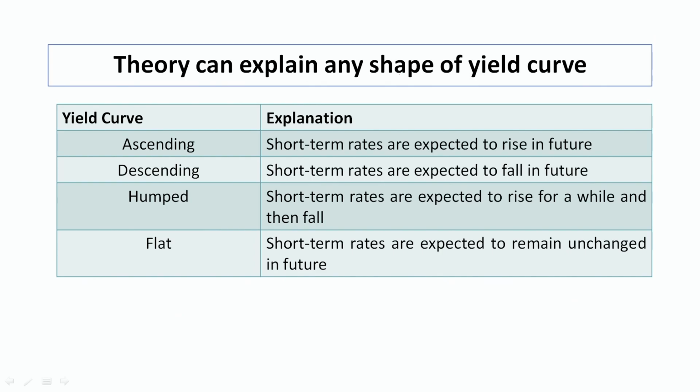So, this theory explains any shape of the yield curve, whether it is ascending, descending, humped or flat. Ascending means increasing, descending means decreasing. In ascending, short term rates are expected to rise in future. In case of descending, the short term rates are expected to fall in future. In humped shape, short term rates are expected to rise for a while and then fall, as I already mentioned, and in flat, short term rates are expected to remain unchanged in future. So, these are the categories on the basis of which we can form a yield curve in